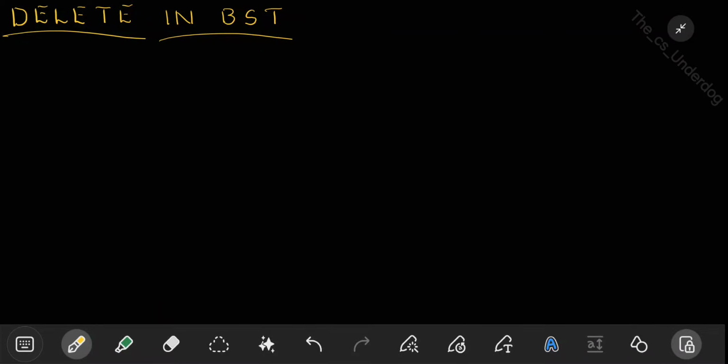Delete in binary search tree. How can you delete a node from a binary search tree? This process of deletion is slightly tricky if you compare it with the processes of insertion or search in a